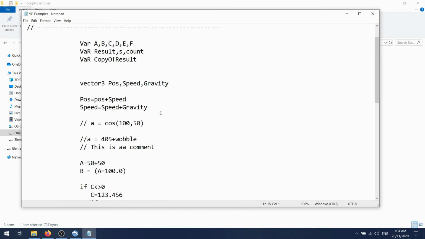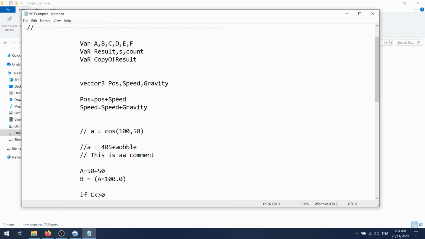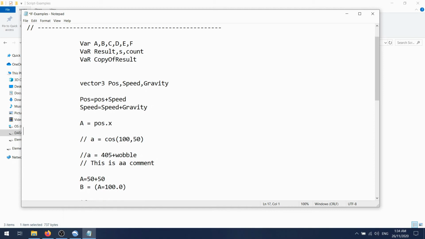If you wanted to use the fields for something, you would do the same thing. There's no print in this actually, so we could go a equals position.x. So now we're copying the x field from this. It would be 64-bit vectors too, by the way. I guess you could probably have 32-bit, and this is even getting crazier now. Because we wouldn't have a lot of these instructions, we'd only have a few of them, it might not alter the characteristics of the runtime that much, so therefore you could probably have a 32-bit version and a 64-bit version.